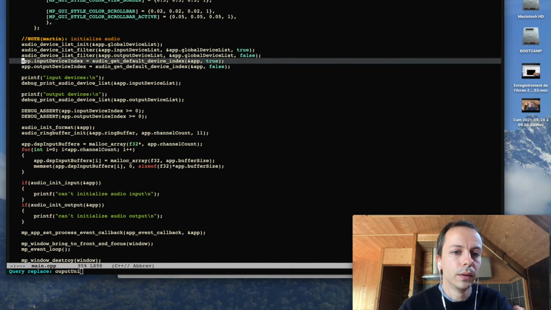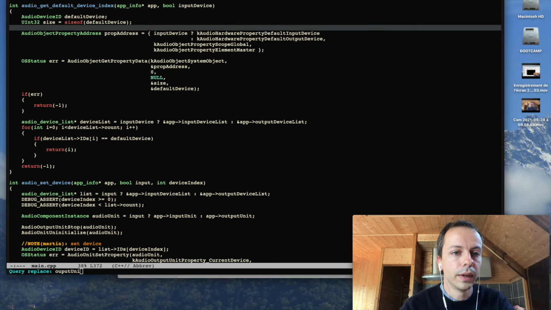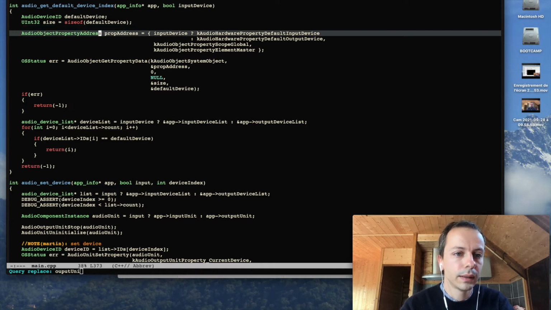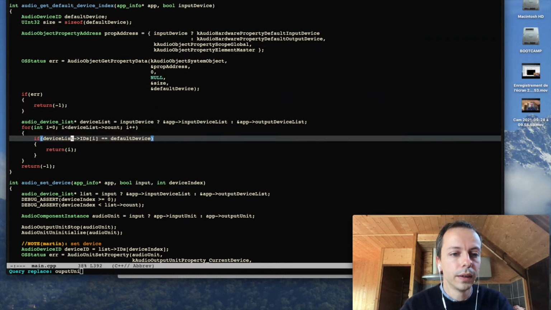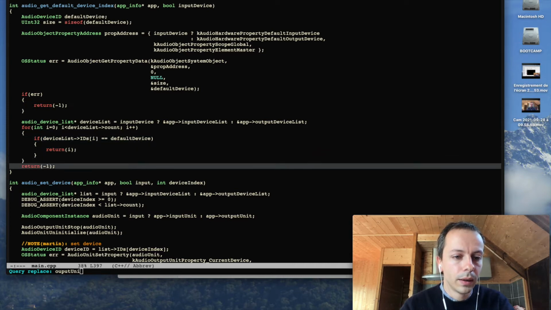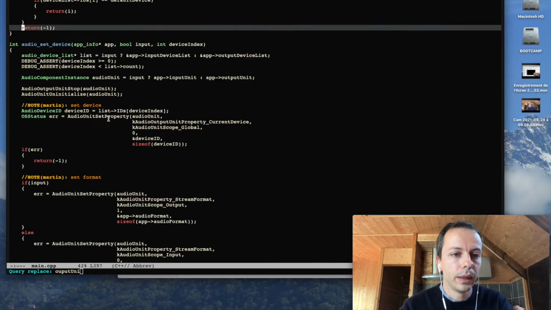Then I get the default device index. That's just a helper function that allows us to map a default device to an index in our lists. So we're just asking the system for the default input or output device and looping through our list and finding the device that matches. So now that we have these functions, we can query a device list,